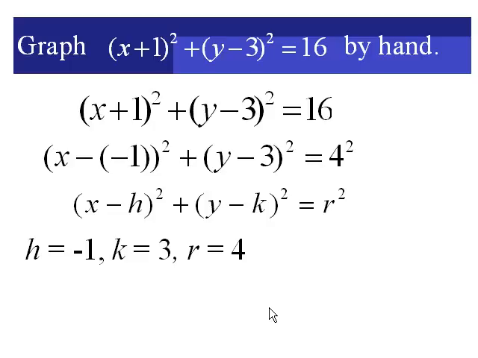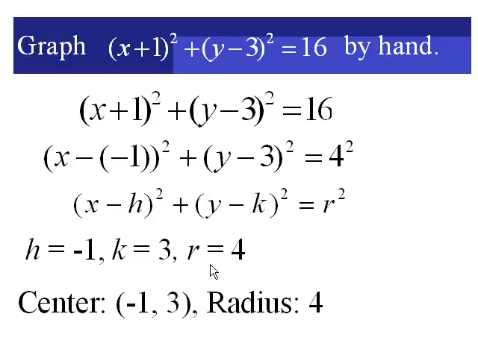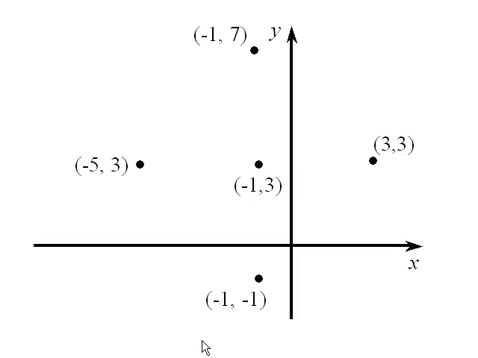Now let's plot some points. We want to plot a center at minus 1, 3, and we need a radius of 4. Let's make that happen. Here's minus 1, that's 1 unit back, and 3 units up, to find the center of the circle at minus 1, 3, and the radius of 4. Now, radius of 4 means in any direction, but there are some especially nice directions that you might consider